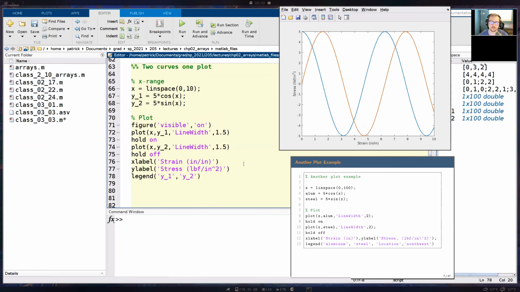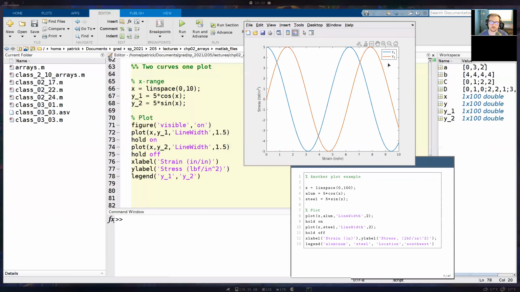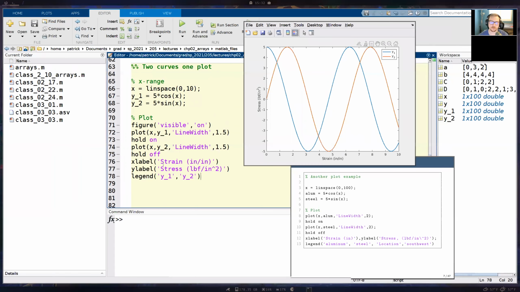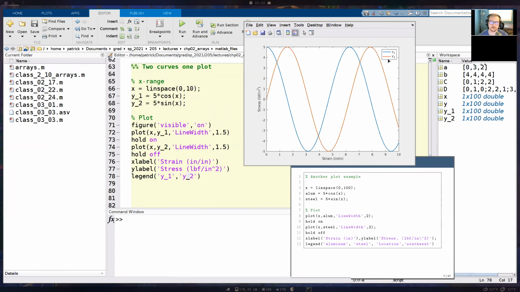Alright, so I'll close this out and then I'll run this again. And now you see that I have this legend. Also, you see it actually puts 1 and 2 as a subscript. I think by default, it's kind of using Latex formatting in some instances. If you guys don't know what Latex is, it's a typesetting program. Think of it like an alternative to Microsoft Word. And if you put in an underscore in Latex, it makes it a subscript in math mode. But kind of a tangent. That's just why we see subscripts here.